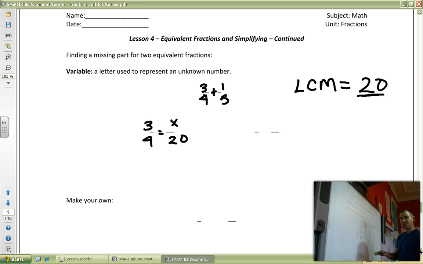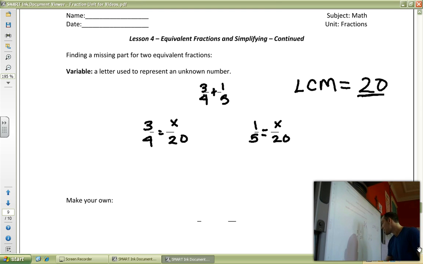Now there's a couple different ways we can do it. I'm going to show you one way. And then we're going to do the same thing with 1/5 is supposed to equal something x, that variable. That's the variable we talked about up above. That's going to be over 20 as well. Because we want them to have the same amount of parts so that they can fit together easy when we're